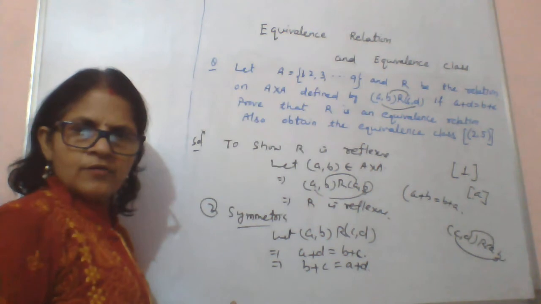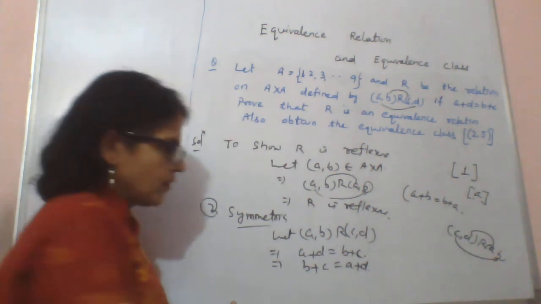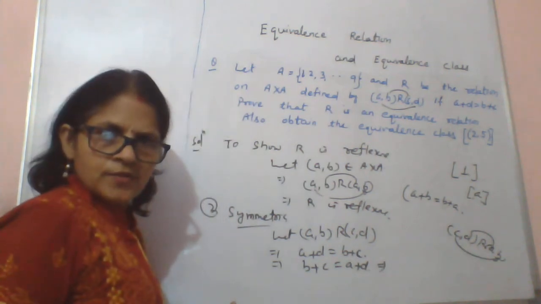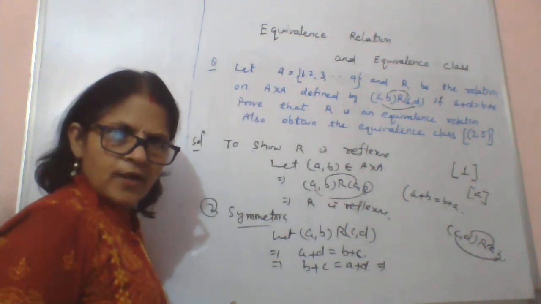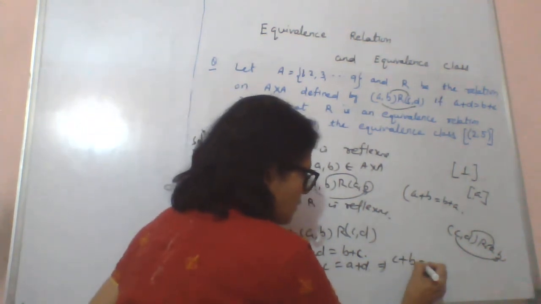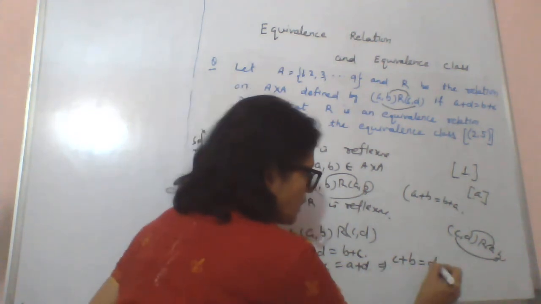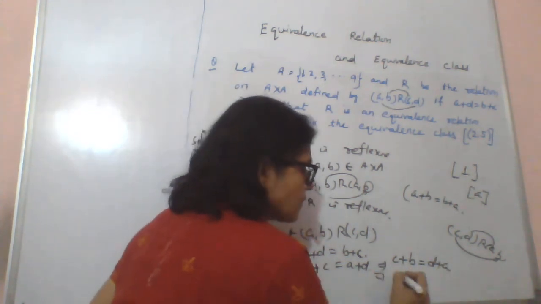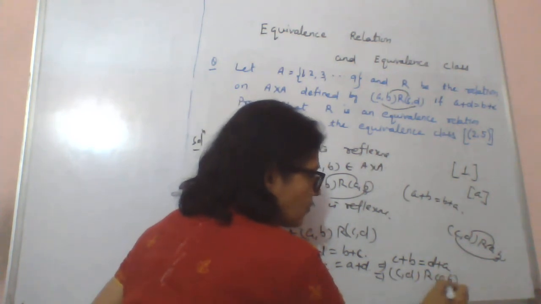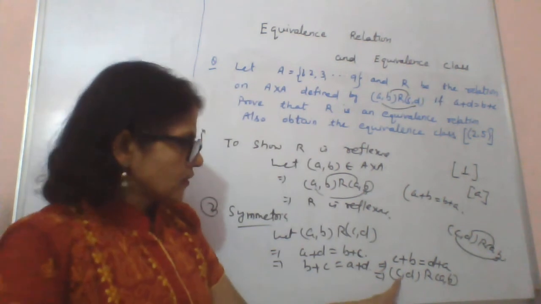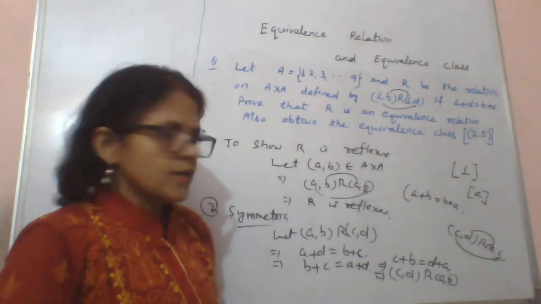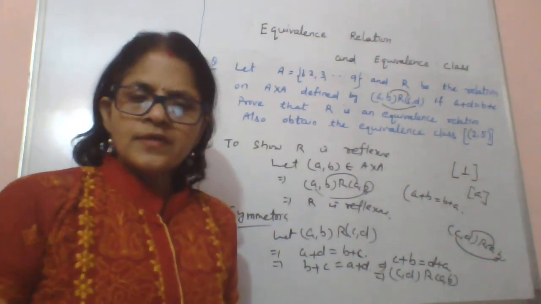Just when A equals B, then B equals A. We know it. And also, as we know, the set of natural numbers is commutative with respect to addition. So B plus C equals C plus B. This is equal to D plus A. So this gives us (C, D) R (A, B). Okay, so once again here we can cross check. See, C plus B equals D plus A. It's correct. So it means the relation is symmetric.